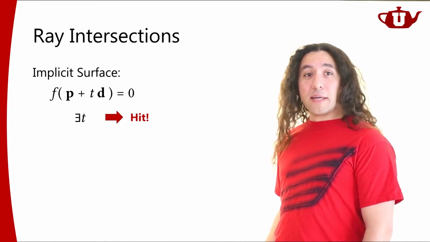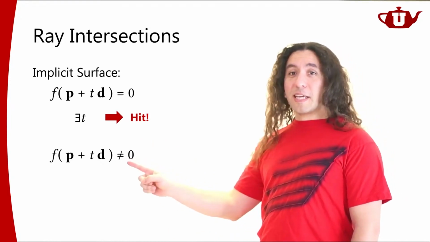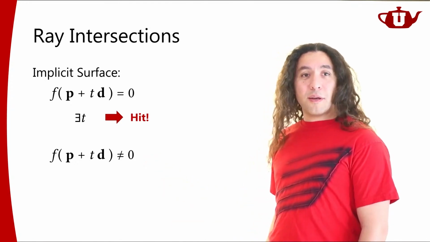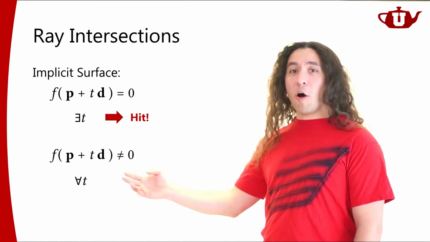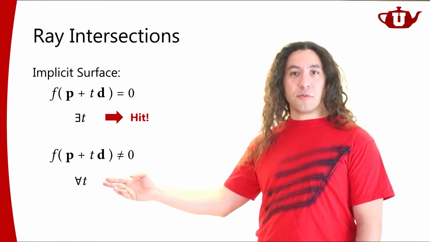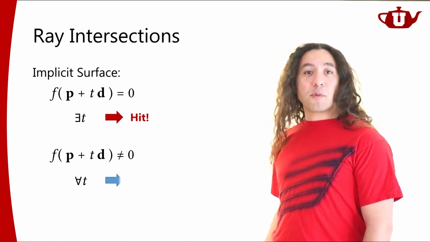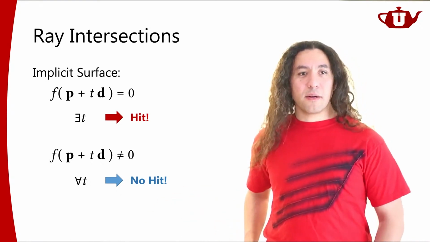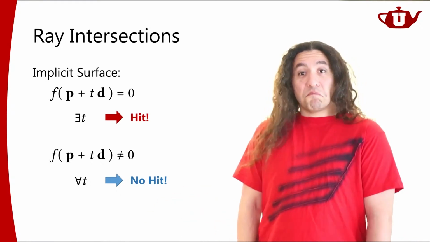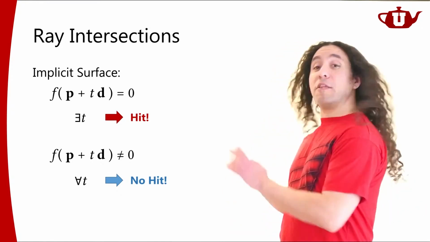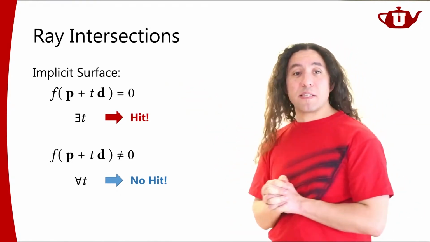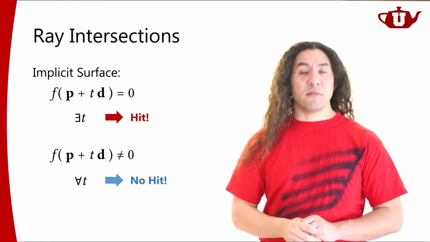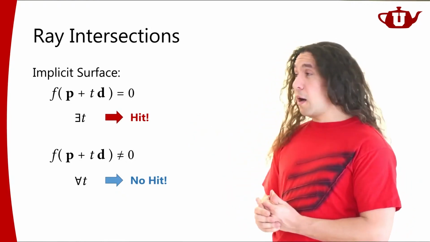But if this equation is not satisfied, if it's always non-zero for all possible t values, then there's no hit. That means my ray is not intersecting with the implicit surface. Simple enough? You can literally take any implicit surface definition and use this approach to find ray intersections with it. Although